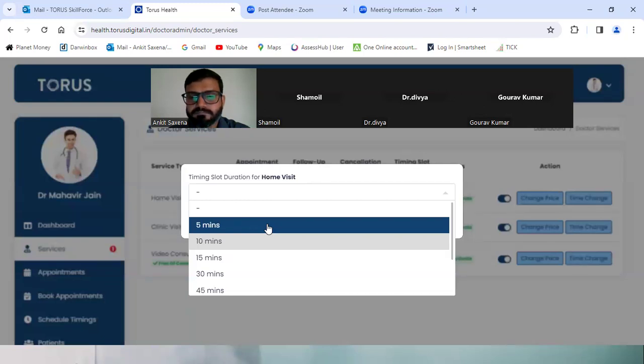If you have kept a 10-minute time slot duration, there would be an extra plus 10 minutes option also. If you feel that the history is not taken properly, means it's not completed, you can simply click on that plus 10 minutes and the duration gets increased by 10 minutes.